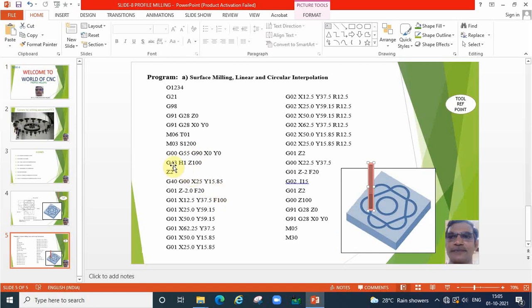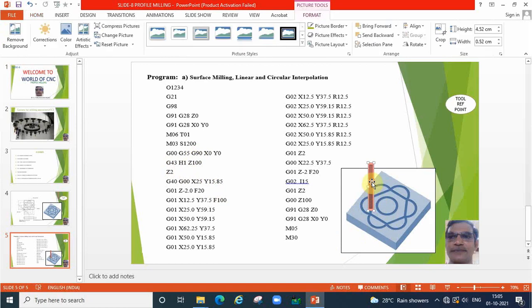Okay. Next we are giving tool length compensation, G43. H1 is nothing but the height of that particular tool number 1. Initially we are keeping the tool at some 100 mm height for safety precaution. Now we have to move the cutter to Z2. Just above the work surface, bring down the cutter and keep the tool at Z2, 2 mm away from the workpiece.